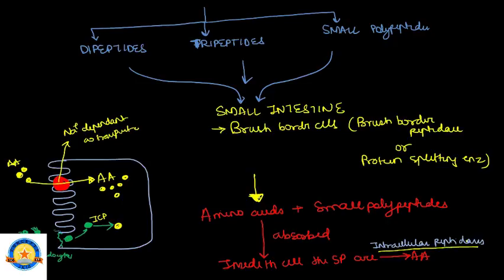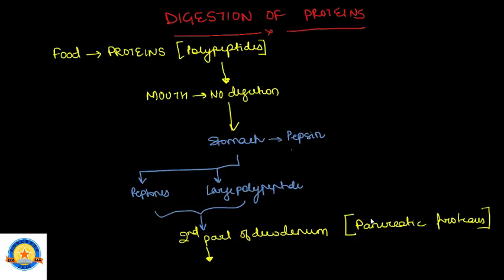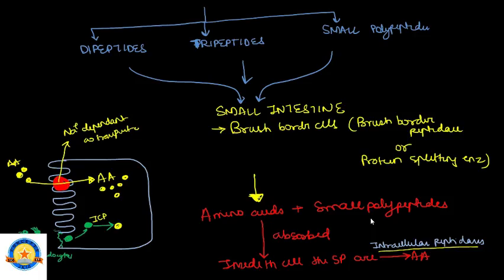Intracellular peptidase. Clear? So that is a digestional protein. First of all, food proteins in the mouth, no digestion. Stomach, with the help of enzyme pepsin, they are converted to peptones and large polypeptides. In the second part of duodenum, pancreatic juice acts on it to convert into